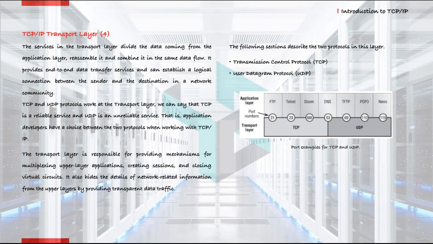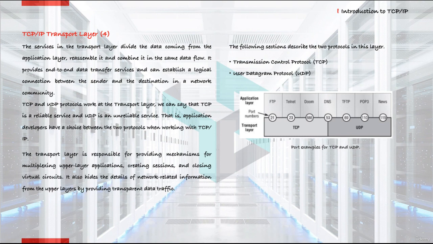Let's talk about the TCP/IP transport layer on this page. The services in the transport layer divide the data from the application layer, reassemble it and combine it into the same data stream, provide end-to-end data transfer services, and establish a logical connection between the sender and the destination in a network community. The TCP and UDP protocols operate at the transport layer, while TCP is reliable and UDP is an unreliable service, so application developers need to choose between two protocols when working with TCP/IP, either they will use TCP or